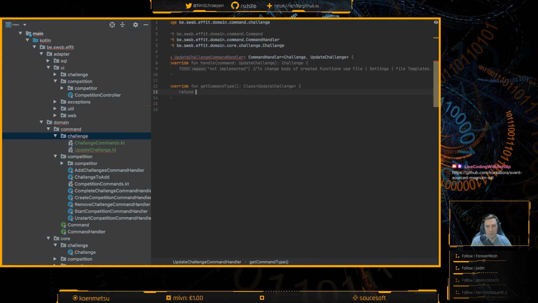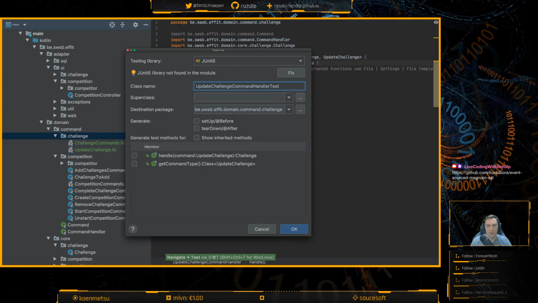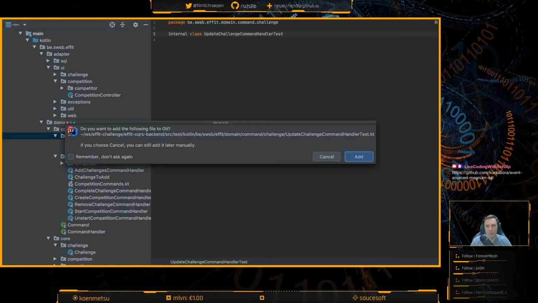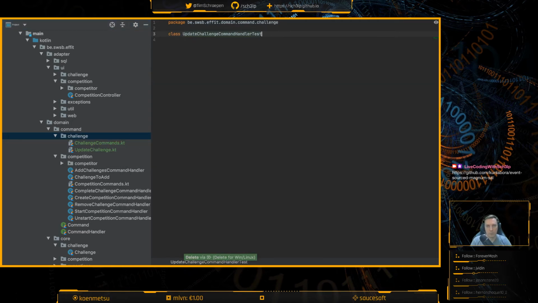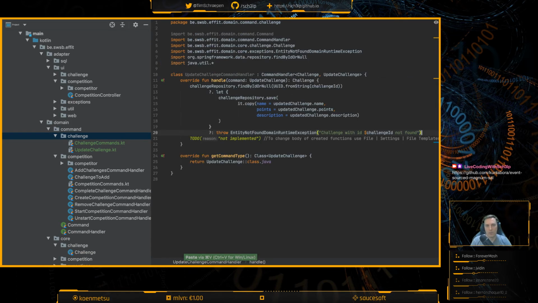Return update challenge. This needs to be implemented at some point. I still have something in my paste buffer, but I don't know what anymore. So I think it's the implementation. Yeah, okay. All right, so let's not lose that.